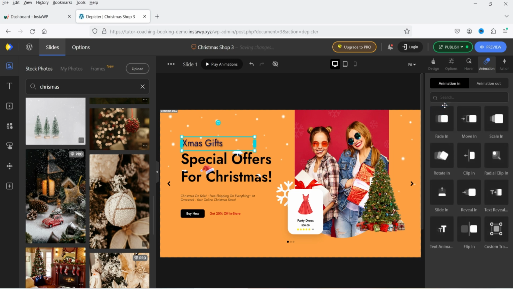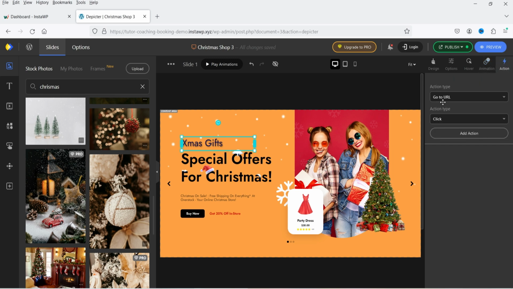Here you will see the option change. So these are the settings for the animation. You can select one of these animations, animation in and animation out. Then we have actions. So you can add different actions: show, hide, slide control, scroll to, go to slide, video playback, or close slider. If I want to make changes to the second content, I can simply select that one,